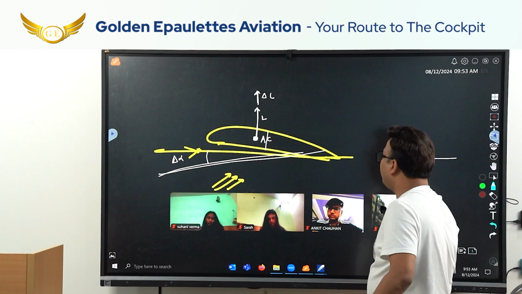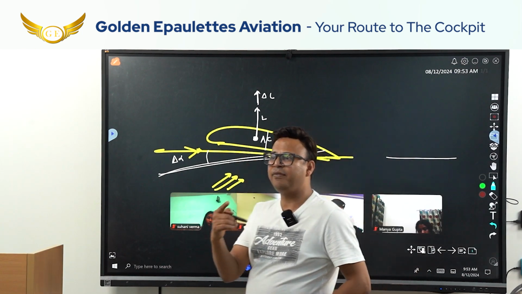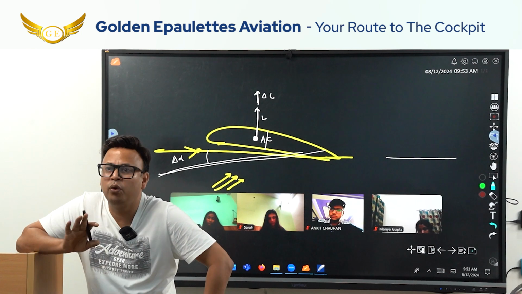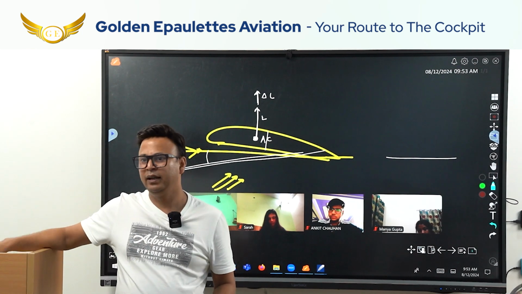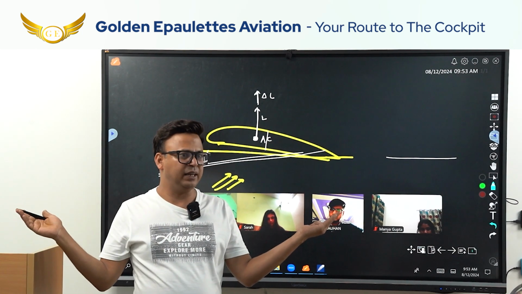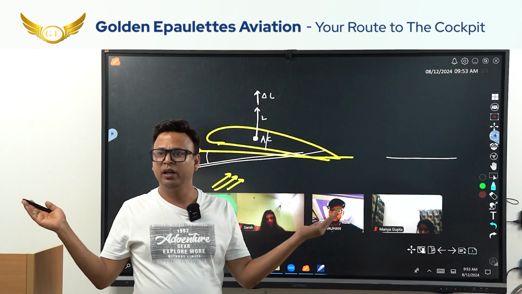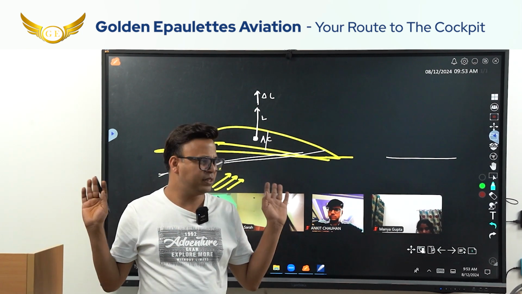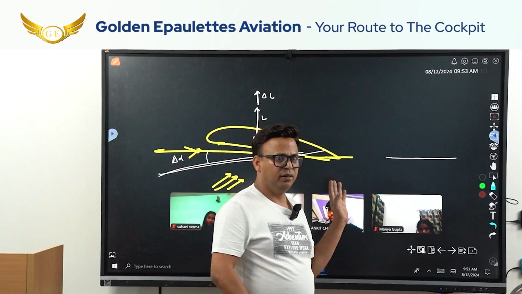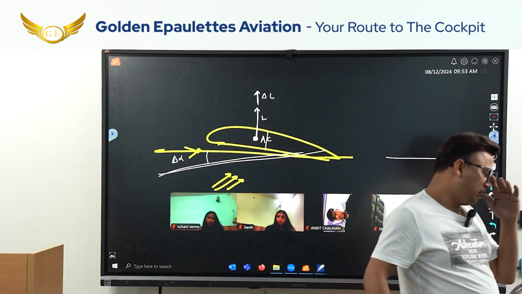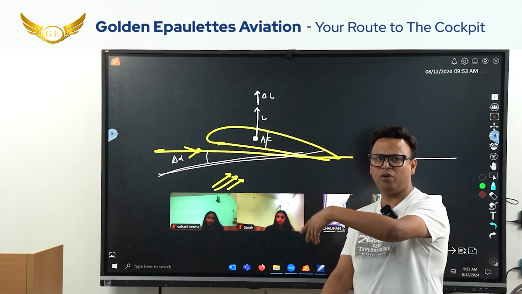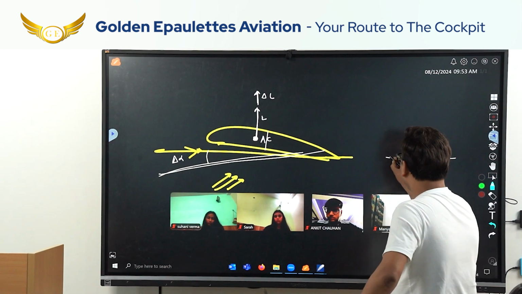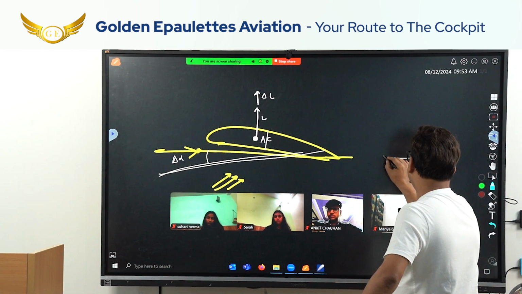Now, the tail plane is always at a smaller angle of incidence than the wing. Let's say the wing is attached at an angle of incidence of 4 degrees, then the tail will be attached at an angle of incidence of 2 degrees. Do you understand angle of incidence? It is measured against the longitudinal axis of the wing or aerofoil, whatever it is. So now think, this is your tail plane.